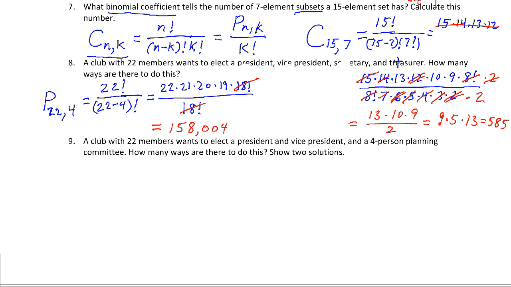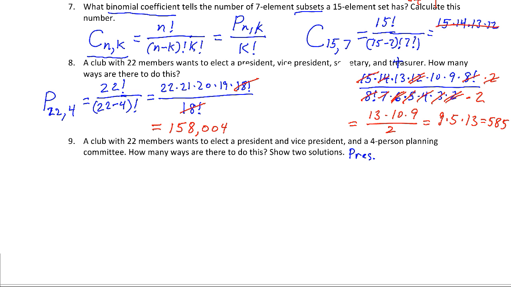And so that's a 2-element list and a 4-person planning committee. So here's a 2-element list and a 4-person committee subset. How many ways are there to do this? Show 2 solutions. And I forgot to write in here, and probably also in the homework, that the president,